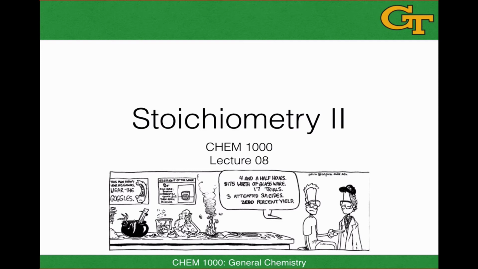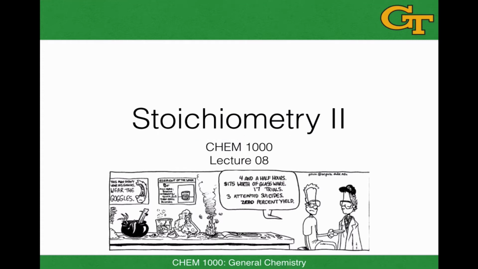Now we're going to continue our discussion of stoichiometry by looking at the useful information that we can pull from a balanced chemical equation. Recall at the end of last time that we talked about the fact that you can pull molar ratios of reactants to products or reactants to reactants or products to products from a balanced chemical equation. In this video, we'll look at the applications of molar ratios, which range from planning reactions, seeing how much product we should expect or how much reactant we need to use,